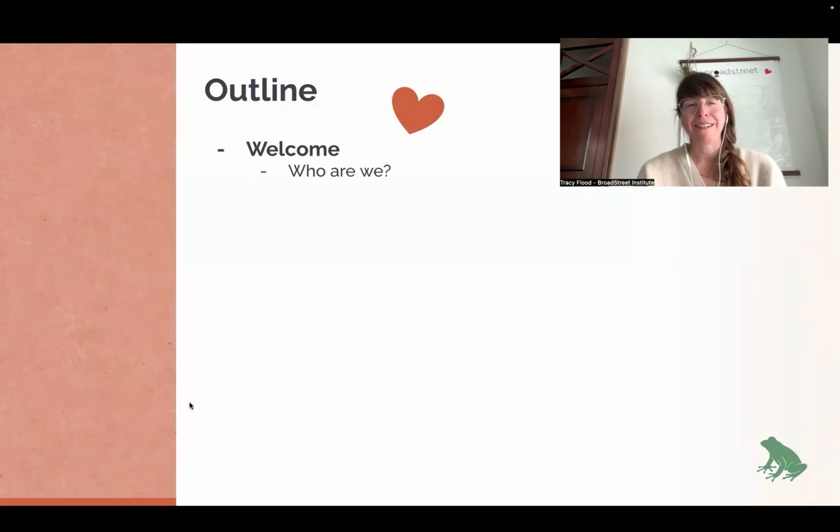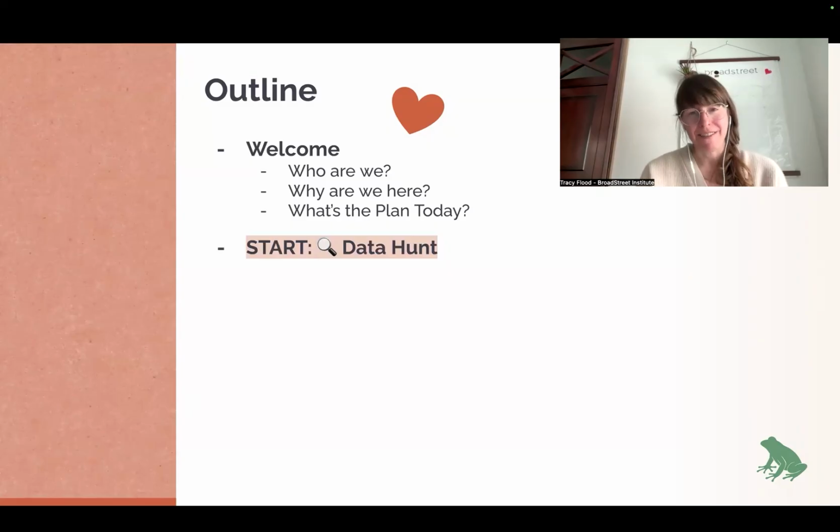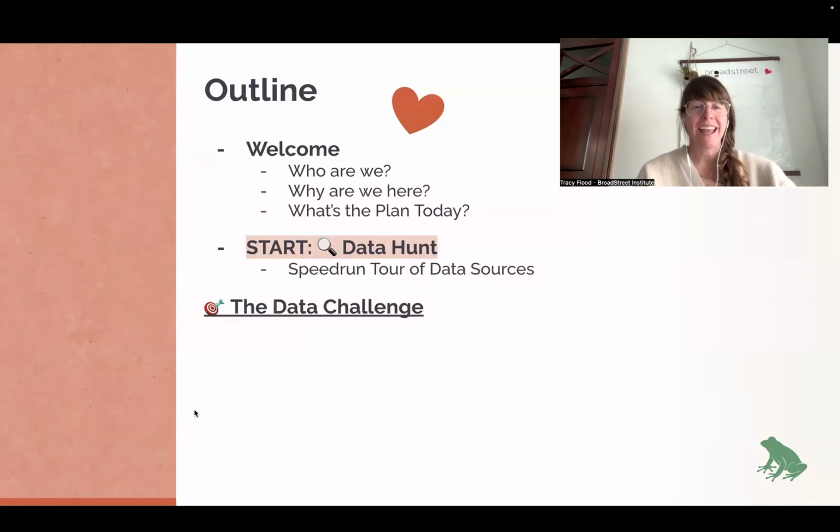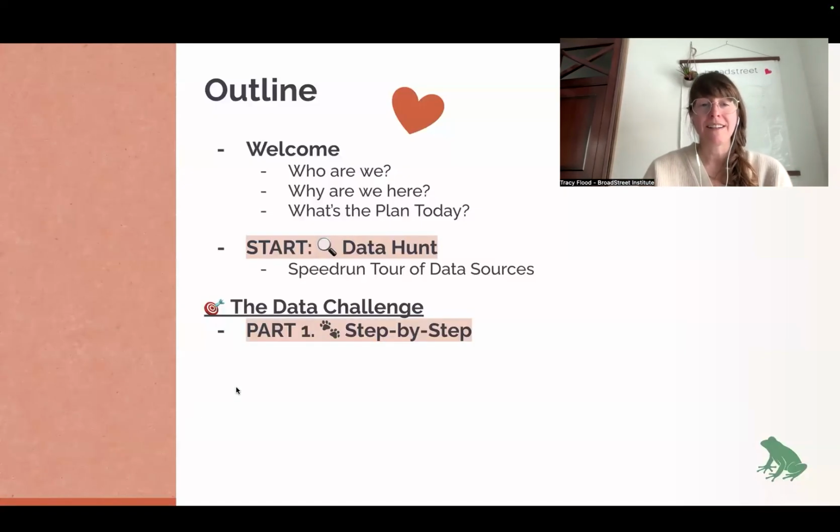The outline for today is we're starting with this welcome, 3 questions. Who are we? Why are we here? What's the plan for today? And then we're going to be diving into the data hunt. This is a speed run tour of different data sources and is sometimes referred to as our grab and go portion. Then we're going to be diving into the data challenge, which is a little bit more hands-on,